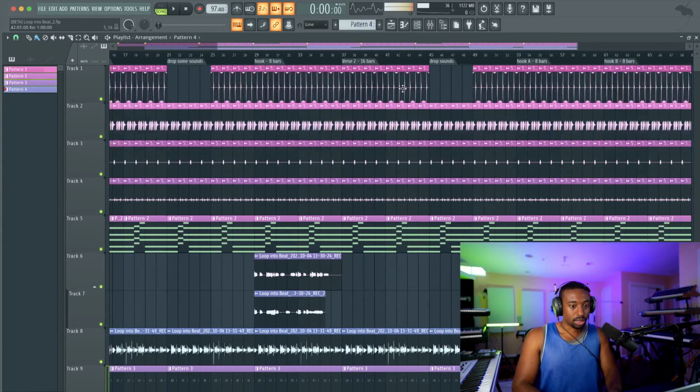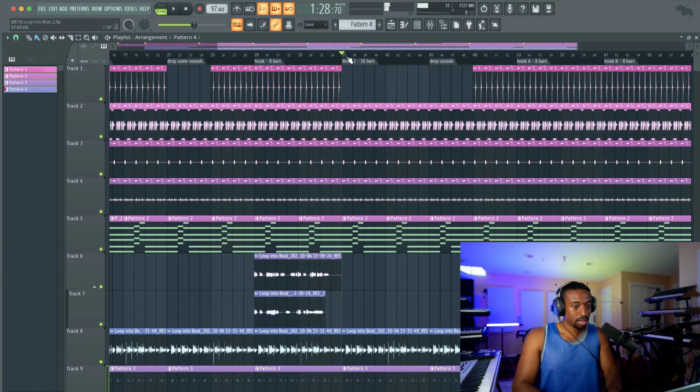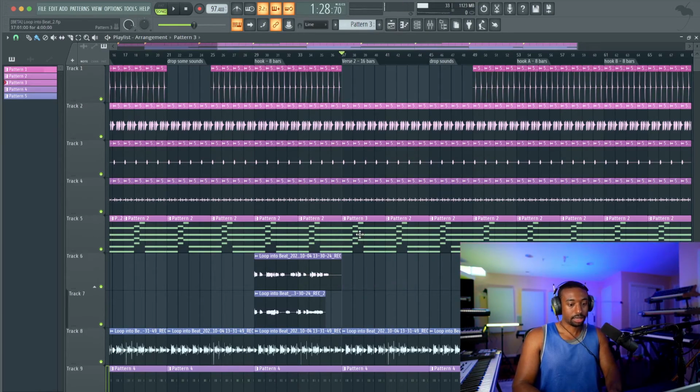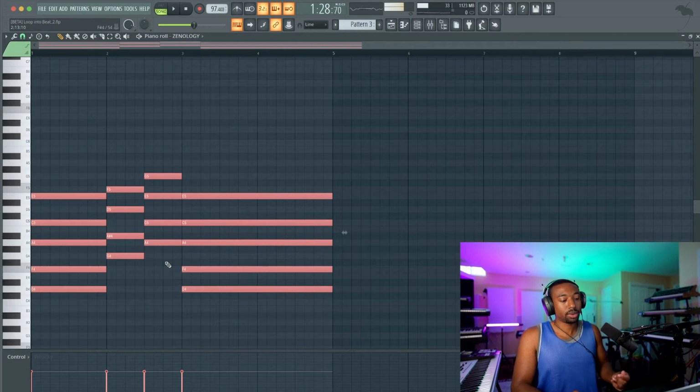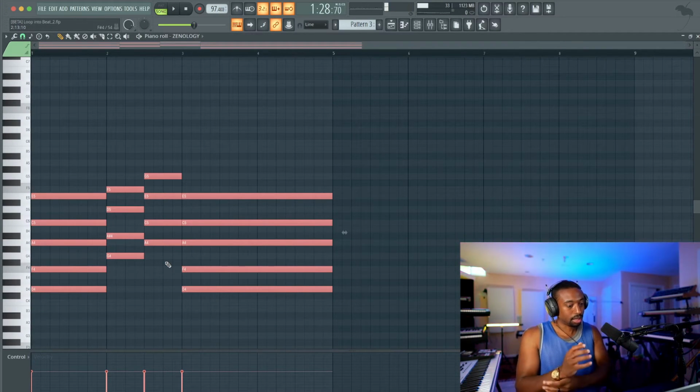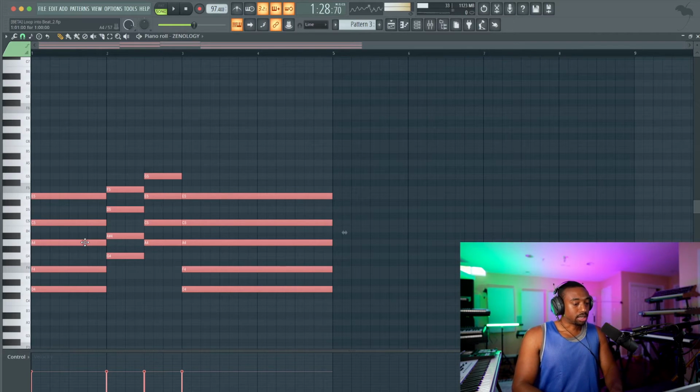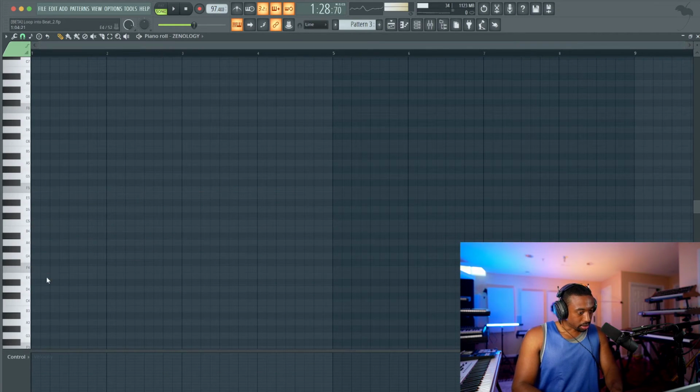Now I'm going to do one thing before we wrap this, which is make a change up right about here. What I'm going to do is change up the music, the actual musicality. And what we're going to do is get a little more jazzy. I'm going to move quicker here because I don't have time to explain everything. We're in the D natural minor scale. So we're going to do a 2-5-1 chord progression here.